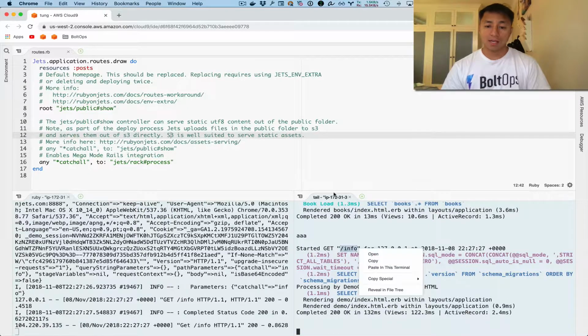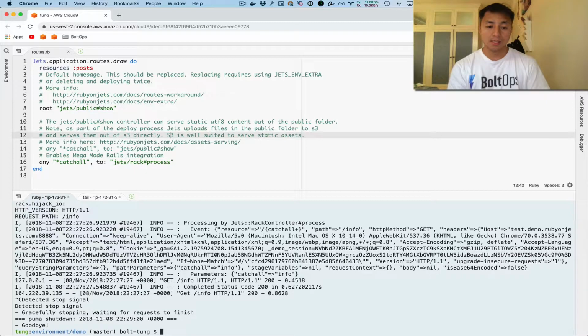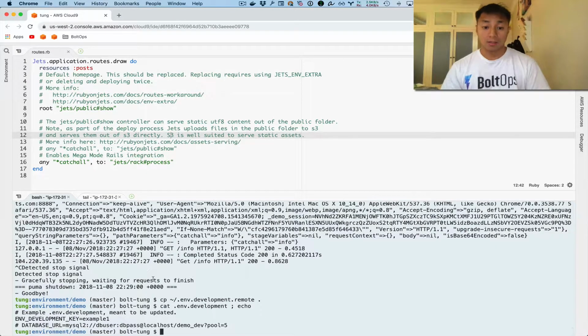So I'm going to go ahead and do that. I do have a file already prepared, so I'm going to go ahead and do that. Let me just kill this process. I'm going to copy that over to the project. Okay, and now I'm going to cat it so you can see it. And again, I'm going to throw away this database. Oops, that's the development one, not the remote one. So there is a